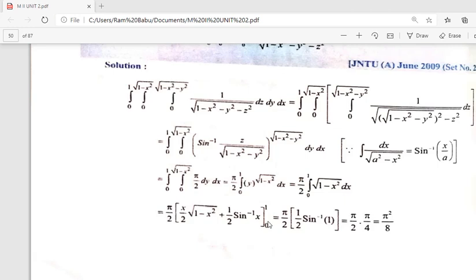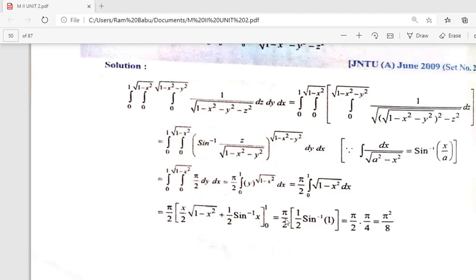Apply upper limit and lower limit. Okay, if we apply upper limit, replace x with 1 first, that is 1 by 2 into root of 1 minus 1 square, it will become 0. Then minus, apply 0 by 2 root of 1 minus x square, this will also become 0, therefore this term totally will become 0. Now apply upper limit and lower limit for the other function, that is 1 by 2 into sin inverse of 1 minus sin inverse of 0. Here sin inverse of 1 when replacing x with 1, sin inverse of 0 when replacing x with 0, therefore 1 by 2 into sin inverse of 1 minus sin inverse of 0.